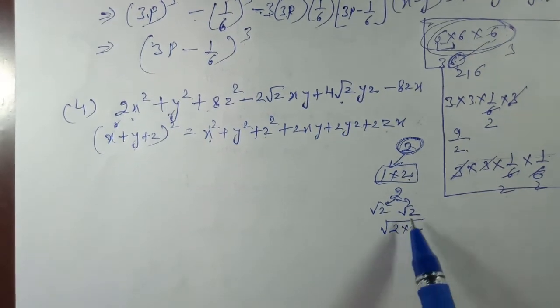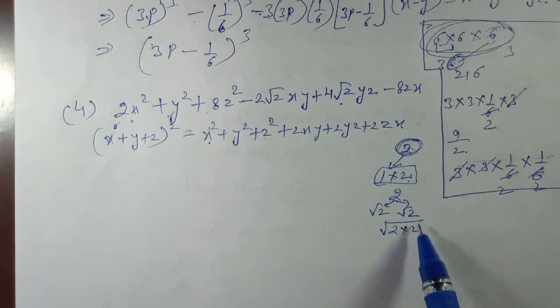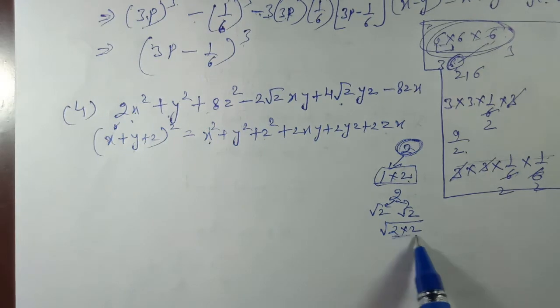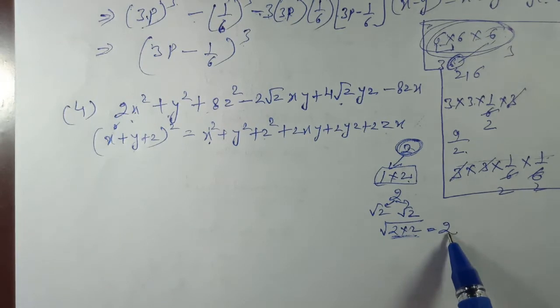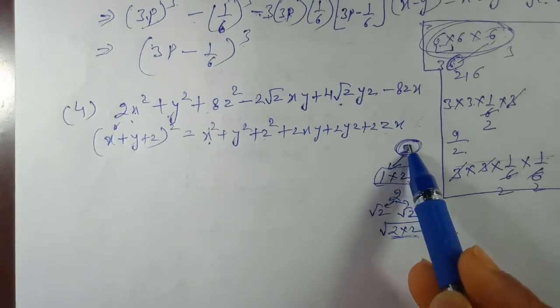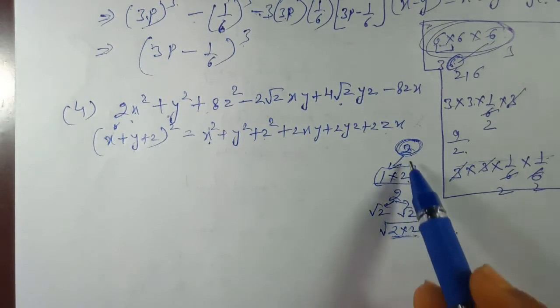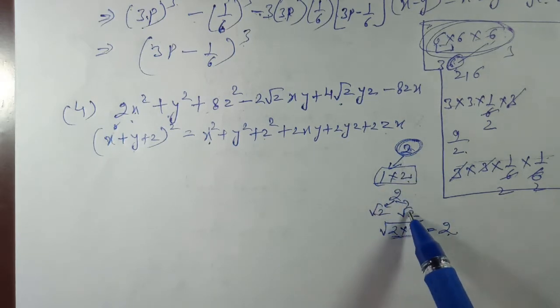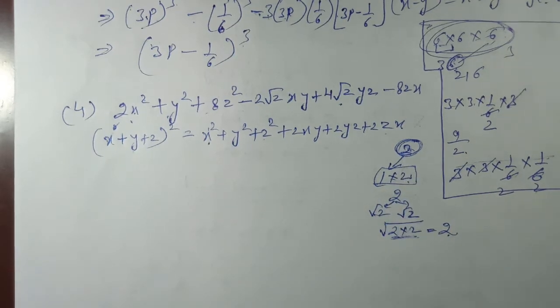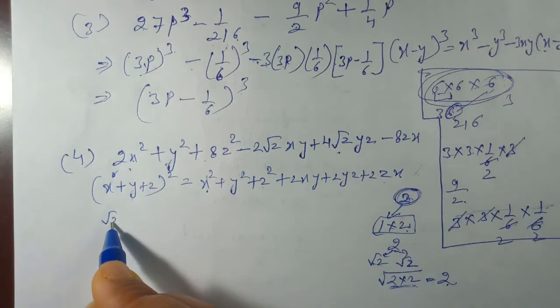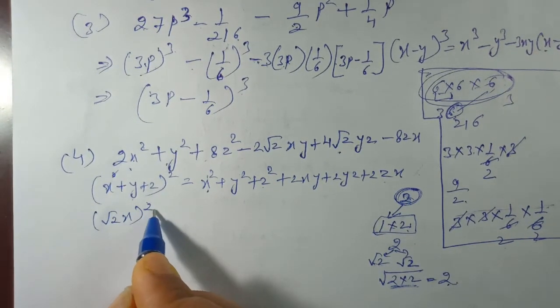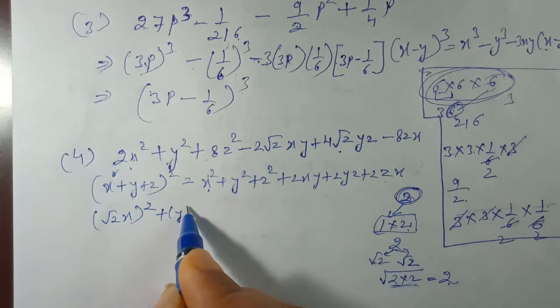If we multiply the same root number, what will happen? They will be calculated under the same square root, and we know in square root we have to check the pair of the same number. Here a pair of the same number is forming, so this pair will come out and we will get 2. So whenever we have to convert such a number into root form, we have to arrange it as root into root multiple. So 2x square can be written as root 2x whole square. Second is y square, so let it be.